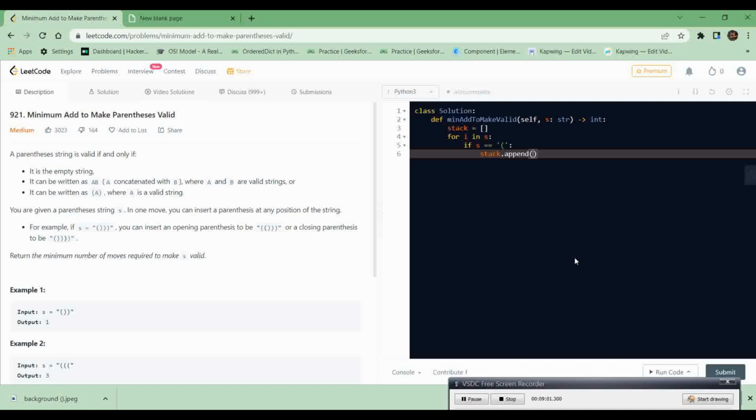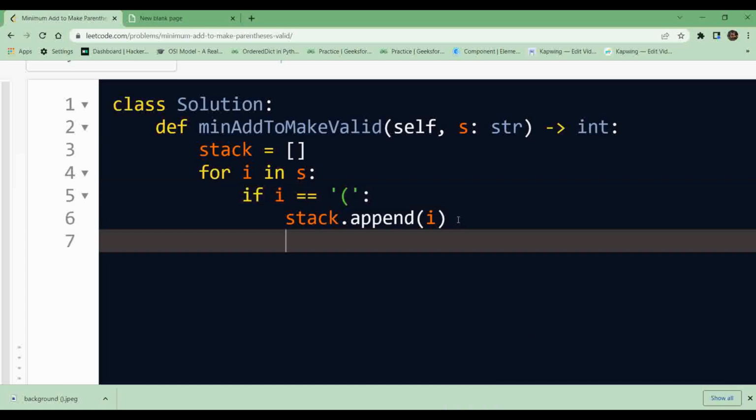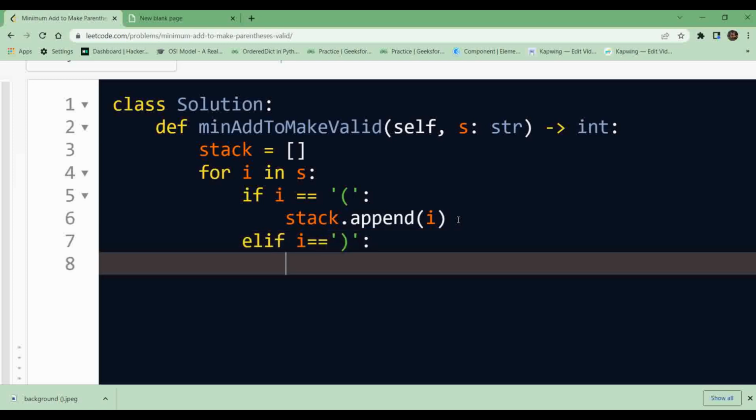I can simply append that particular value. What else? Elif, for your easiness I am writing elif, then I need to check